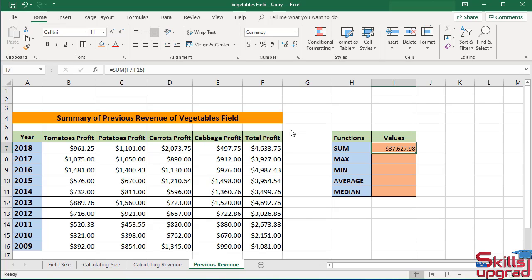Now I determine the maximum profit value from the last 10 years revenue. To determine the maximum value from column F, you need to insert the max function. You are already familiar with the max function. This function searches for the maximum value from the selected range. So activate cell I8,